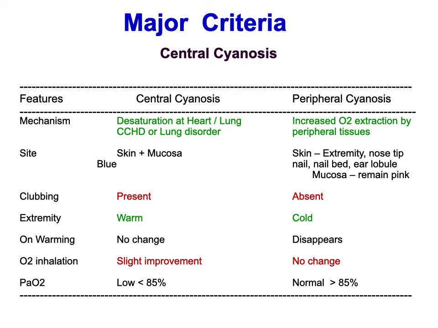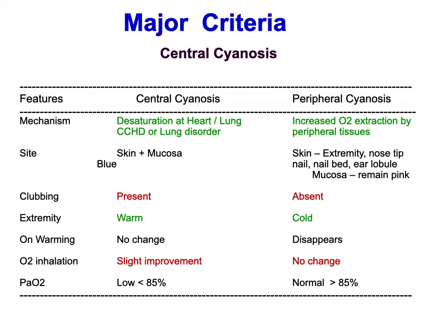This is very important. In our previous class, I told you about types of cyanosis: central cyanosis, peripheral cyanosis, mixed cyanosis and enterogenous cyanosis. Here, we will try to differentiate between central and peripheral cyanosis only, because we are considering congenital heart disease diagnosis. You should know the basic why central and peripheral cyanosis develop.